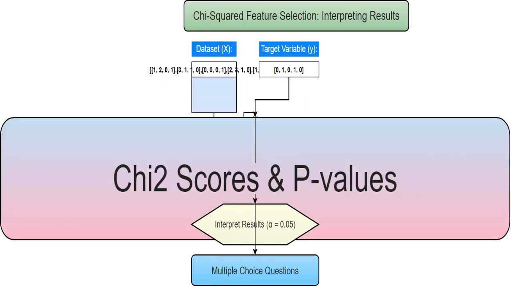The chi2 function gives us two important things. First, chi2 scores, which measure the strength of association between each feature and the target. Second, p-values, which tell us the probability of seeing the observed association if there were actually no relationship. A small p-value, typically below 0.05, suggests a statistically significant relationship, meaning the association is likely not due to random